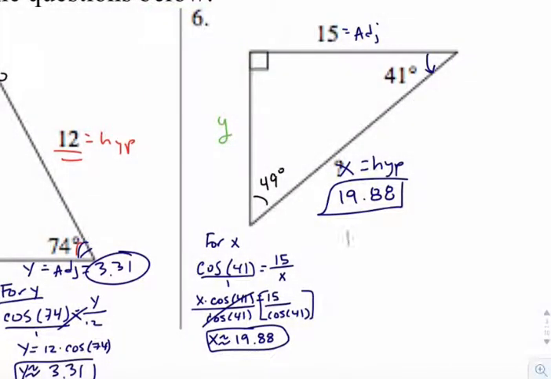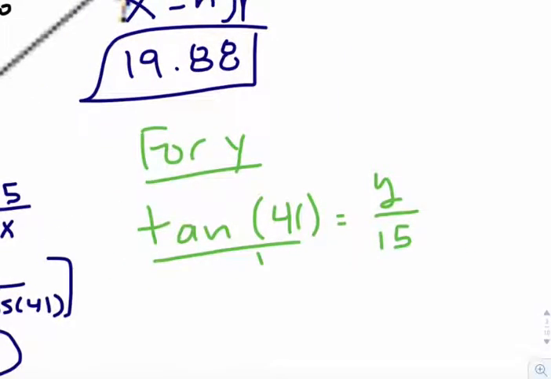Now let's go ahead and solve for y. I'm going to use 41 again. To 41, y is the opposite side. I've been given the adjacent side. Now this is screaming for me to use tangent then. So if I'm looking at the tangent of 41, that's equal to opposite over adjacent, which is y over 15. In cross multiplying, I have y is equal to 15 times the tangent of 41, which gives me approximate y